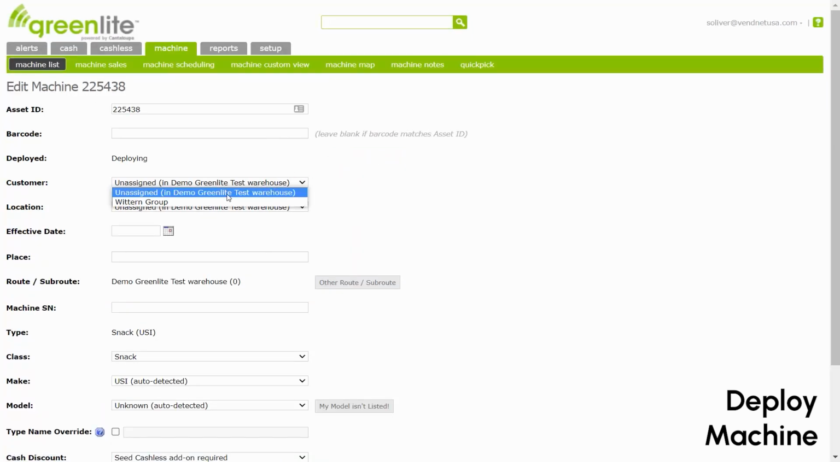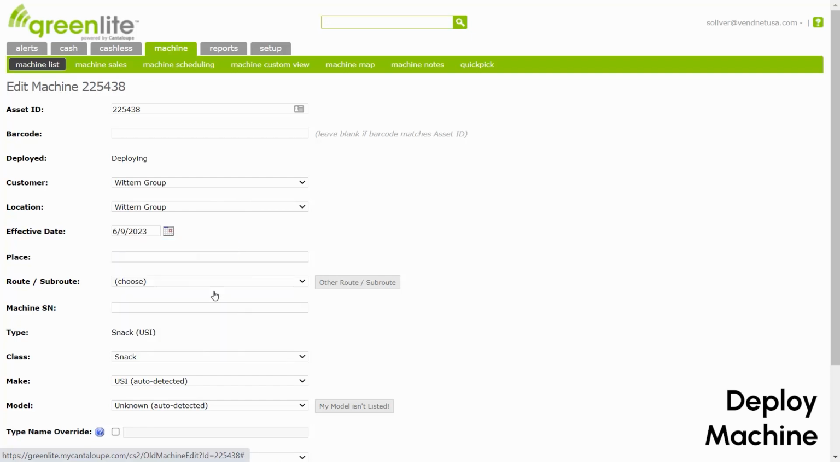The customer will be the customer that you just created. So for this scenario, the Wittern Group. The effective date again will be today. The place can be where at the Wittern Group, so this can be something like a cafeteria, a break room, a stairwell, a gymnasium, whatever you want to identify it